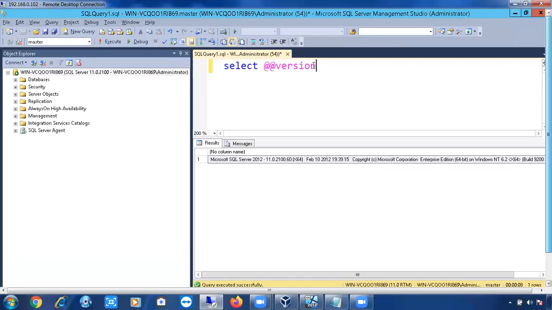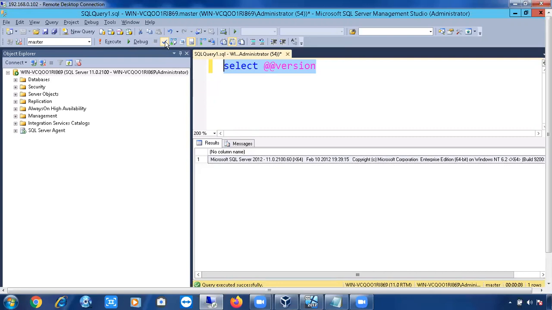Before executing the query, usually people will select the query like this and execute it. Before executing the query, there is one button called the Parse button. What is the use of this Parse button? Can anyone tell me? For query execution, parser. Yes, query parser.